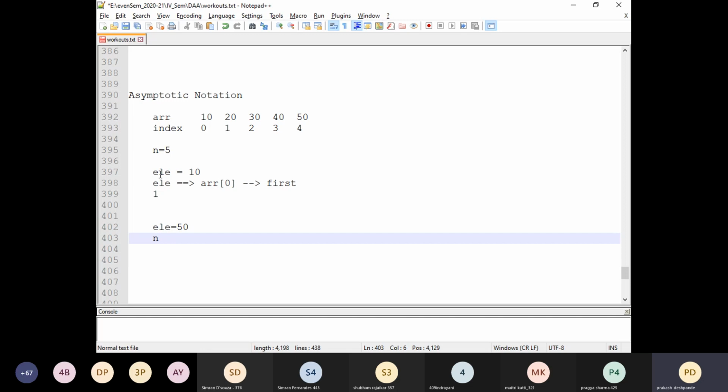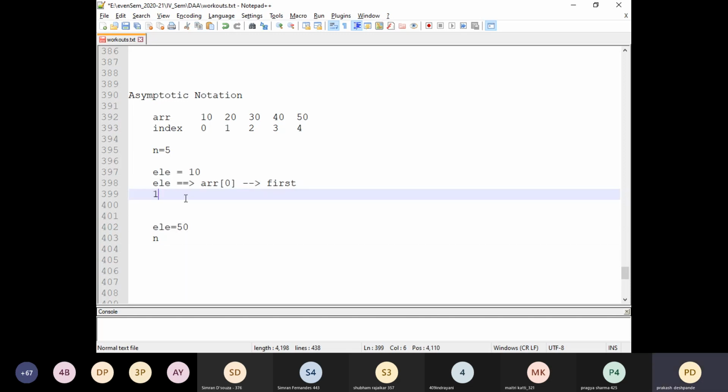So when we checked the existence of the first element, the time complexity was 1. But when the element was the last element, it was the n value. Now, between these two examples, which is the best case and which is the worst case? Best case means the algorithm has given us a result in a very short time. The time consumption was very fast and we got the result very quickly. Whereas the worst case means the element where we got the output, but it took a longer time to get the result.